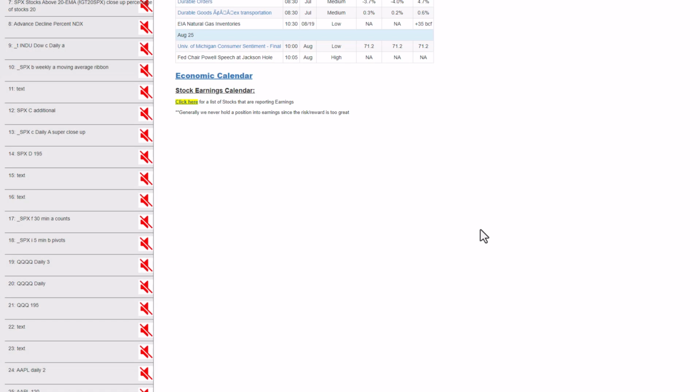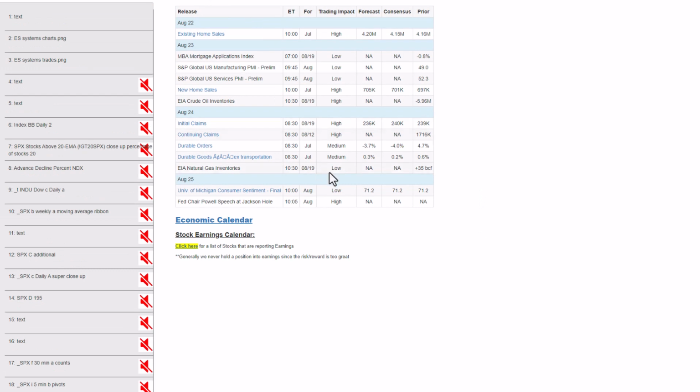Next, item number 5 shows the economic news calendar, which I already discussed. Remember, we have initial jobless claims on Thursday. Fed Chair Powell speaks at Jackson Hole on Friday. And again, we're mostly through earnings, although we did have NVIDIA today. They don't really report with the other tech stocks that have reported weeks ago.